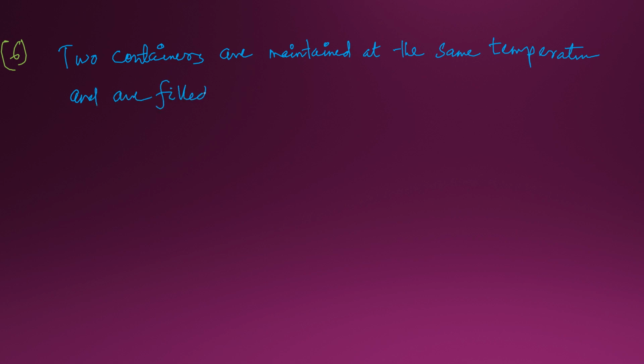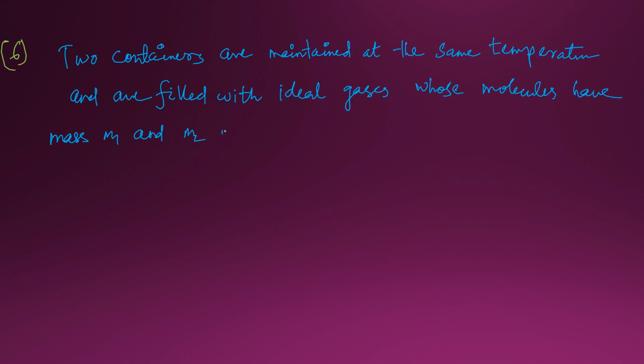There are two containers maintained at the same temperature and filled with ideal gases whose molecules have mass m1 and m2 respectively. The mean speed of the molecules